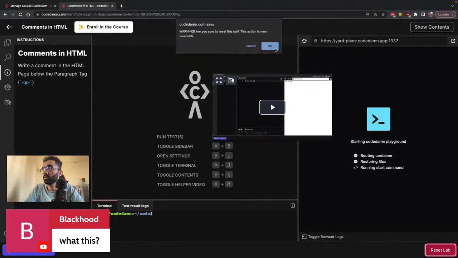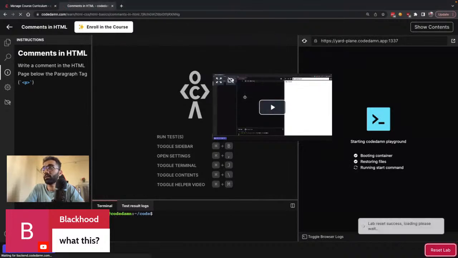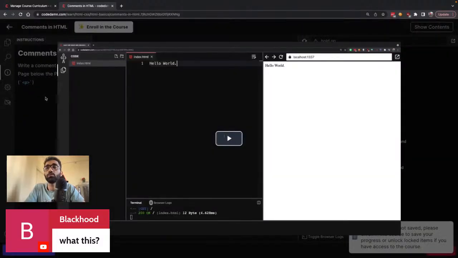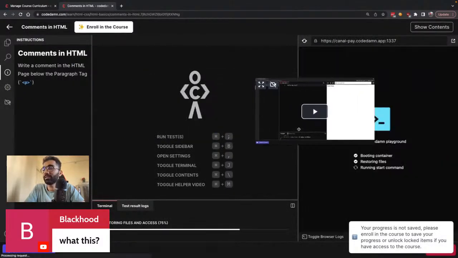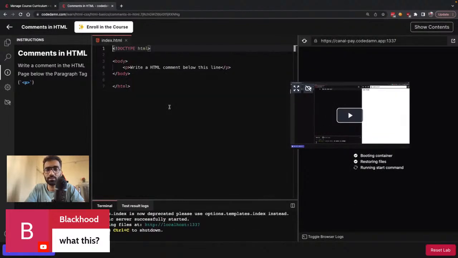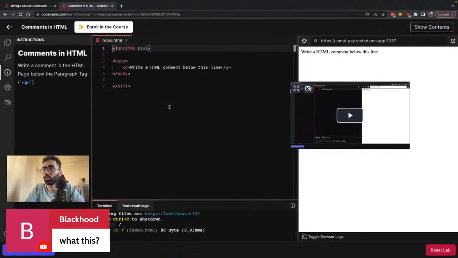So if you want to have an environment or an interface like this, which allows you to practice, or allows your users, in fact, to practice while they're learning your course, whether you are building on Next.js, or anything, basically, any technology, Node.js, MongoDB, Rust, C, C++, we support a bunch of technologies. I'm going to get into that as well. You can go ahead and do that. So this is what this is about, Blackwood, if that helps.